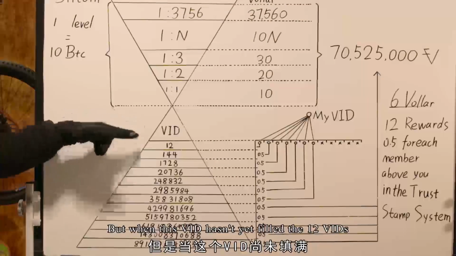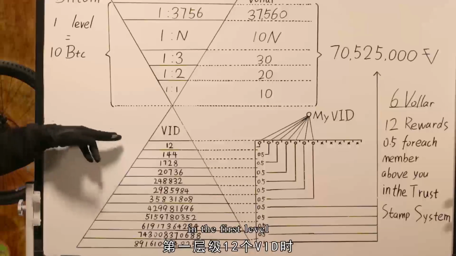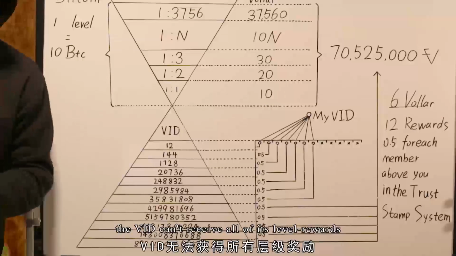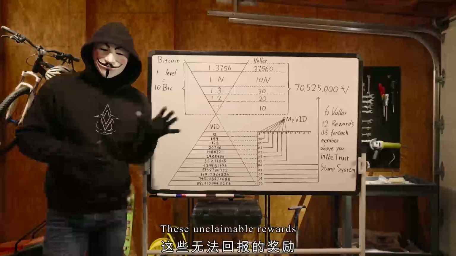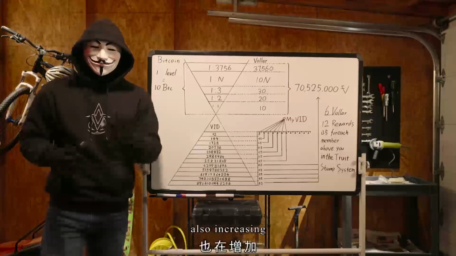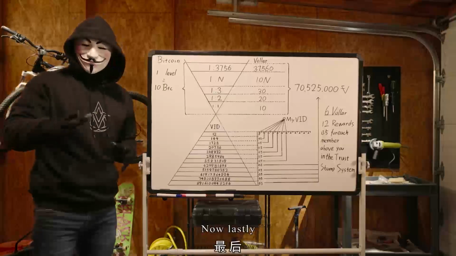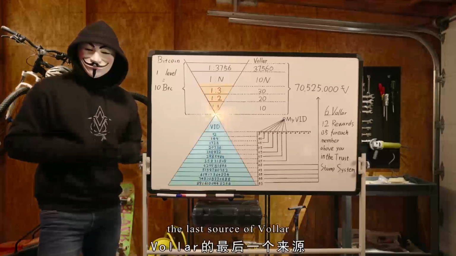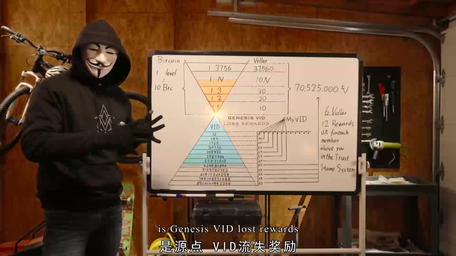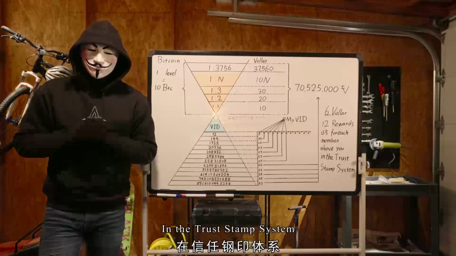But when this VID hasn't yet filled the 12 VIDs in the first level, the VID can't receive all of its level rewards. These unclaimable rewards will go directly into the resonance V pool, also increasing the Volar supply in the resonance V pool. Now, lastly, the last source of Volar in the resonance V pool is Genesis VID loss rewards. In the trust stamp system,